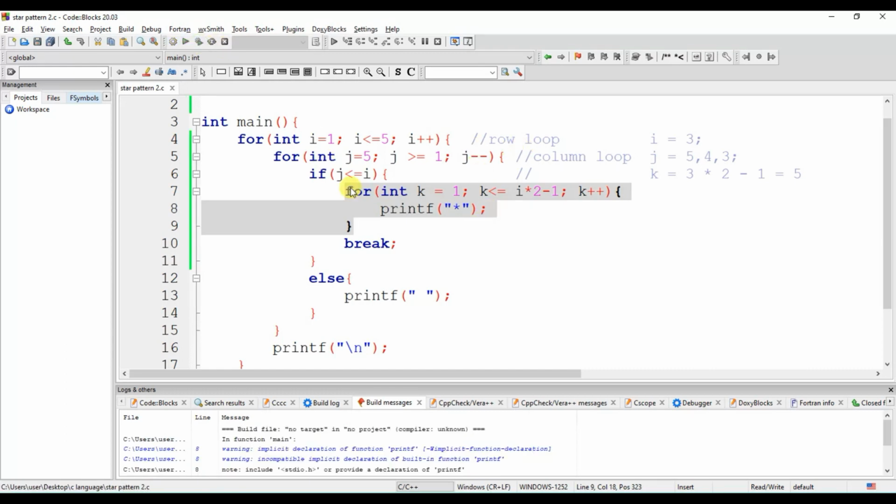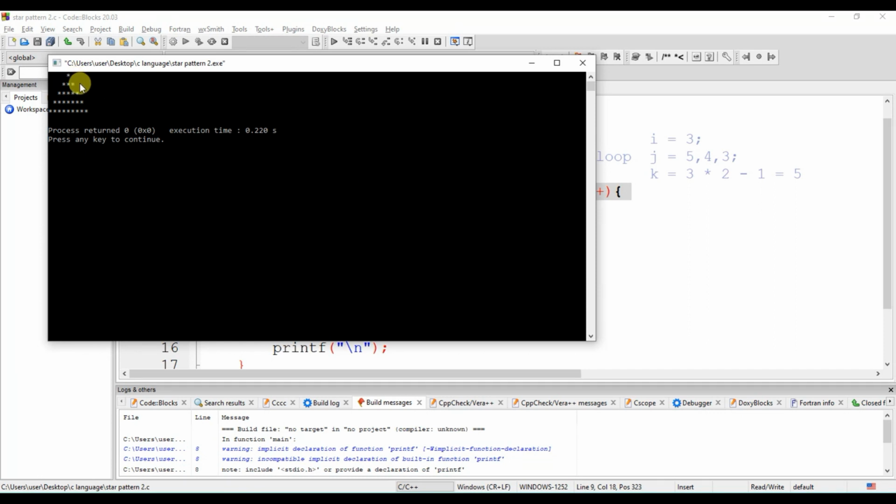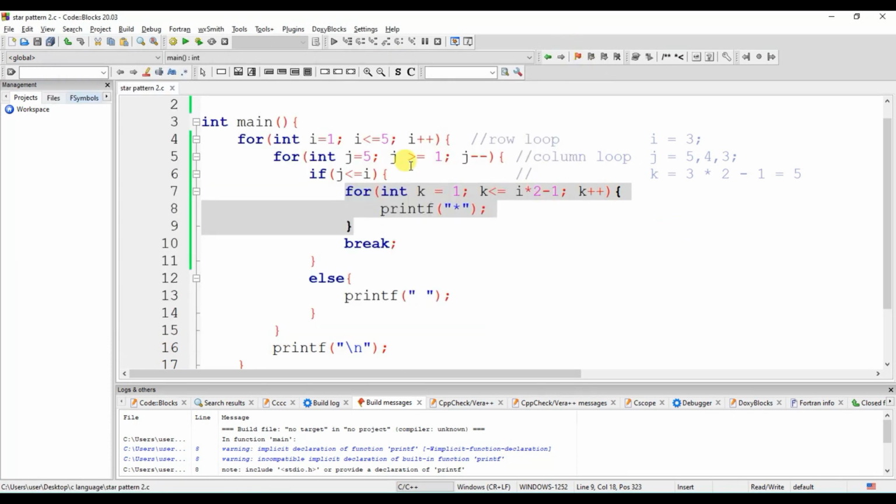Let us see into the code. So this one, then it will print the 3 stars, then it will print the 5 stars, then the 7 stars, then the 9 stars, and total rows become 1 2 3 4 5. There will be total 5 rows, because we are moving 1 2 till 5, that's why it will print total 5 rows. And this is the logic to print the pyramid. This is the main thing in the program you need to remember.